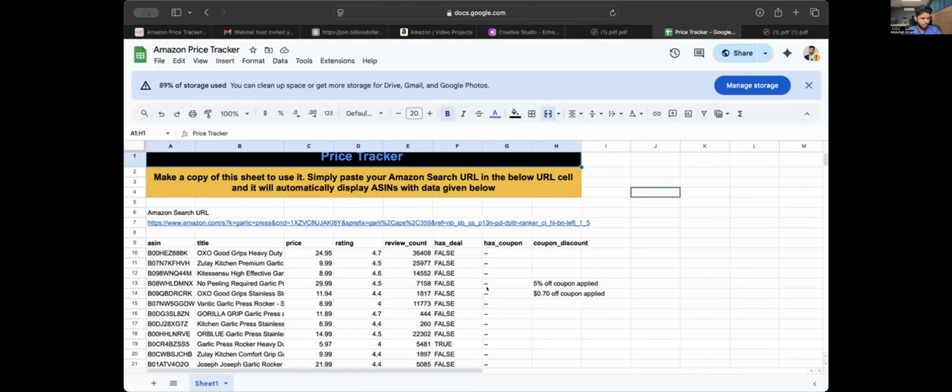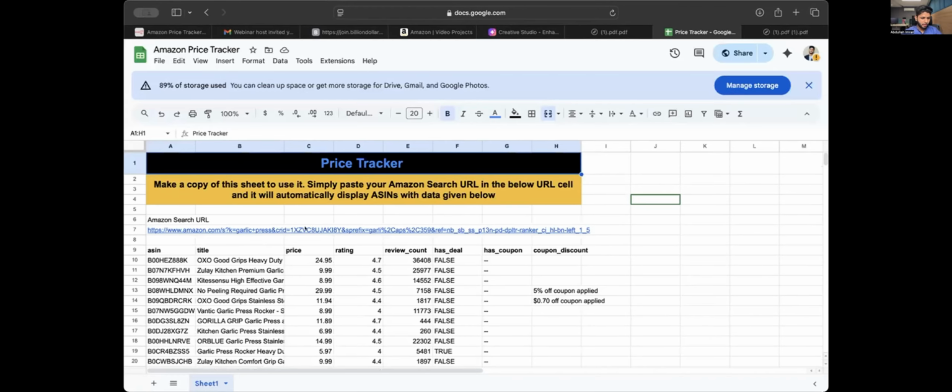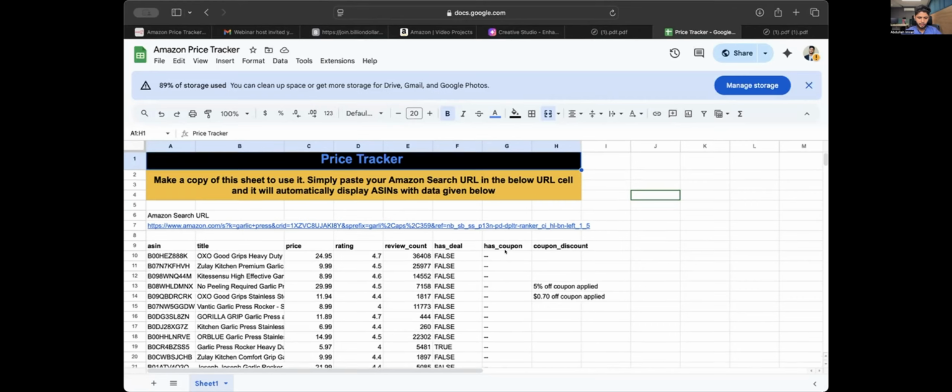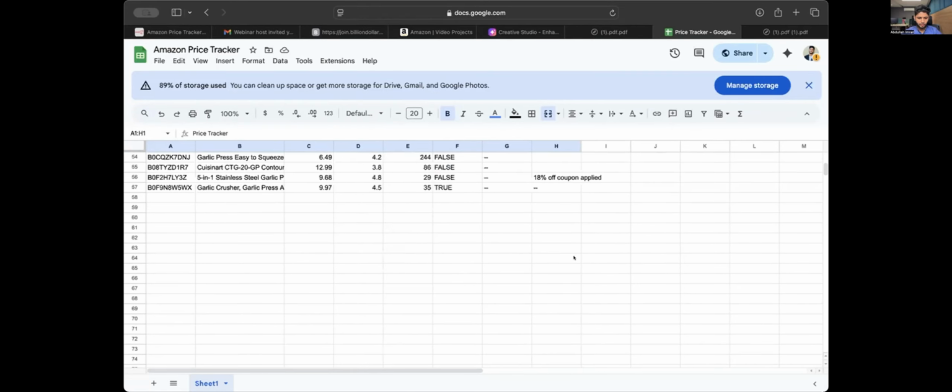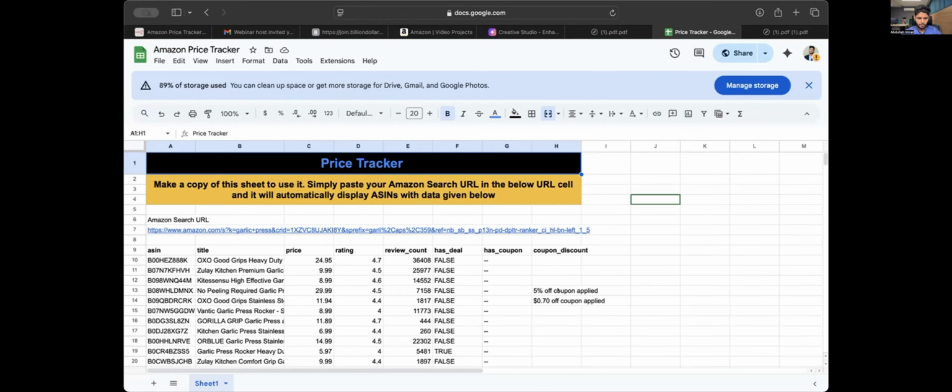As you know, I was just talking about the price tracker. The other way to analyze pricing is very simple, but it's really good if you want to look at a specific event like Prime Day. You can analyze how many competitors are running deals, how many competitors have coupons, and how many coupons they have, the coupon discount. So let me just